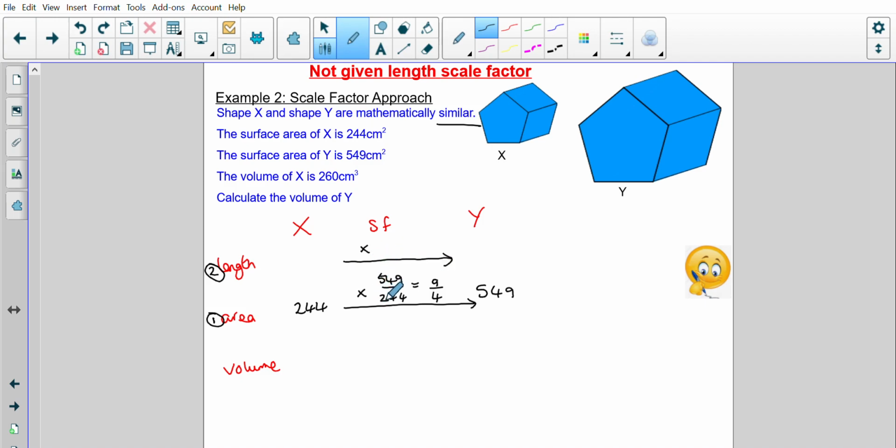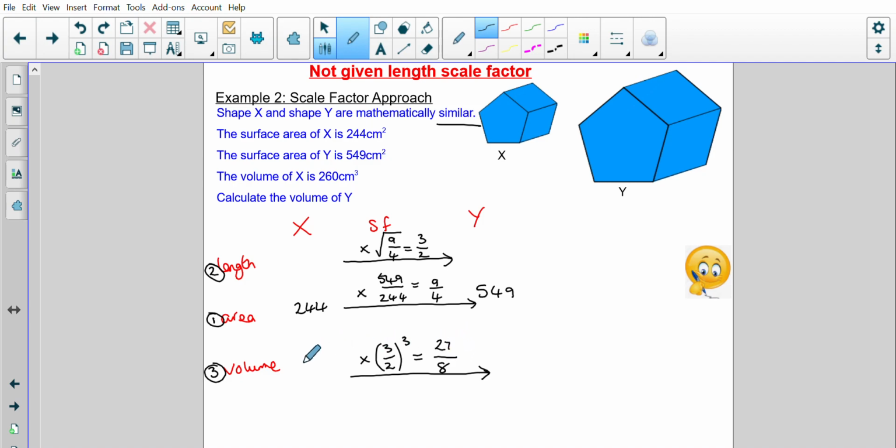Remember that the area scale factor is the length scale factor squared. So to go backwards, I need to square root my area scale factor, so I need to square root 9/4: root the top, square root the bottom, so I get a length scale factor of 3/2. I can now, from my length scale factor, go to my volume scale factor, because my volume scale factor, remember, is my length scale factor cubed. So cube the top, cube the bottom, I get a volume scale factor of